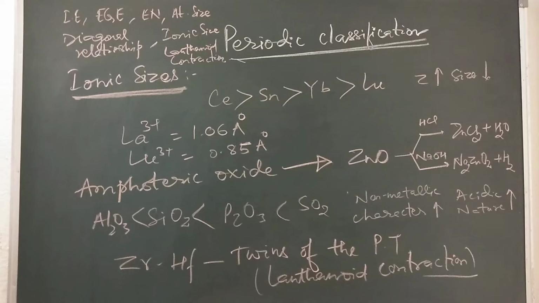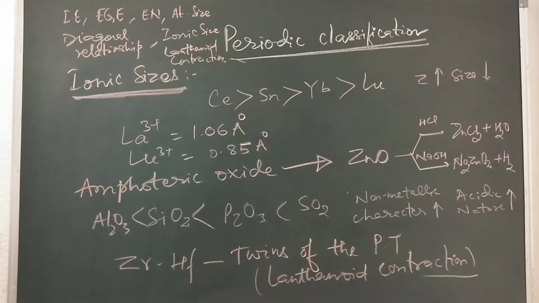What are the most important topics which you will prepare for your upcoming IIT exam. So first is ionization enthalpy. You know what is ionization enthalpy? It is the minimum amount of energy required to remove the most loosely bound electron from a gaseous isolated atom. So in IIT generally they ask the first ionization enthalpy, exceptional cases, or they ask the second ionization enthalpy. So keep in mind, students, the sequence and the trends of ionization enthalpy in the periodic table.